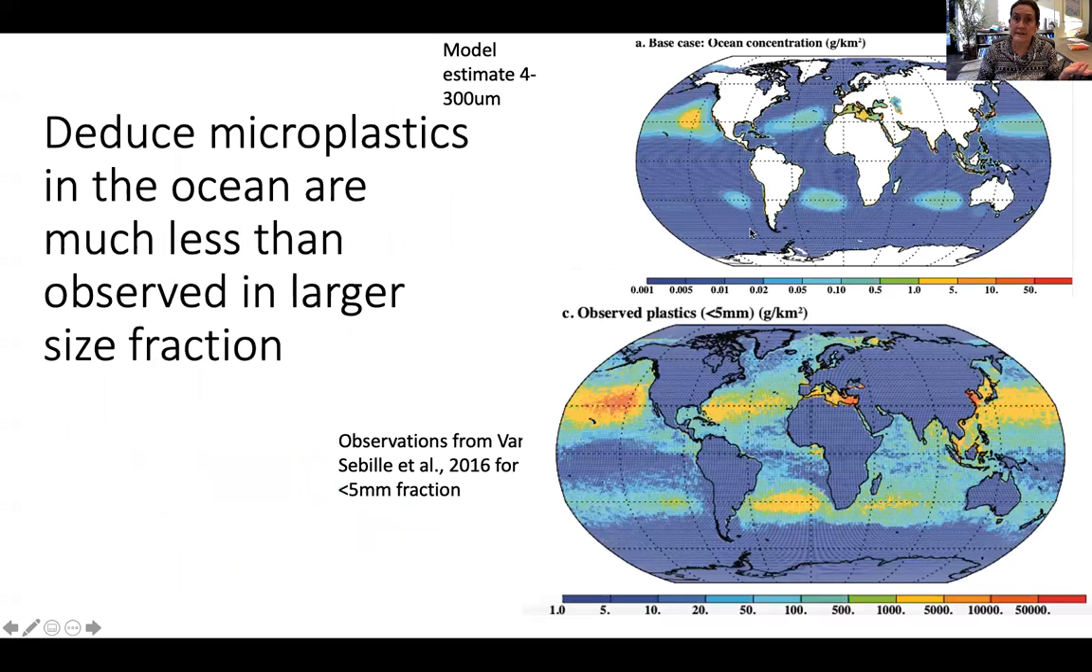The ocean concentrations that we are assuming are really quite small for the size. We're between 300 and 400 microns in size that we're taking a look at. And so up to 50 grams per kilometer squared, whereas the observed plastics in the less than 5 millimeter size fraction is up to 50,000 grams per kilometer squared. So it could be larger potentially, but what we're deducing is a kind of a reasonable number of the pollution